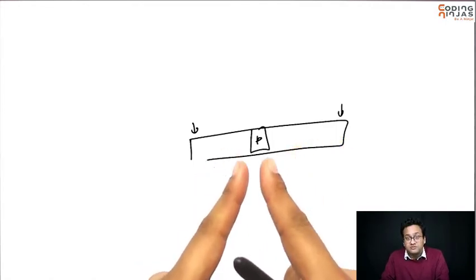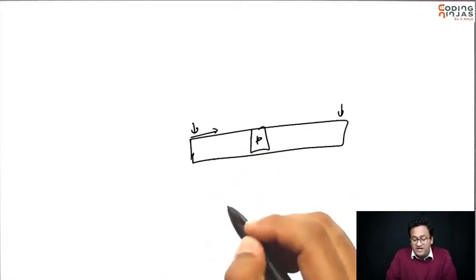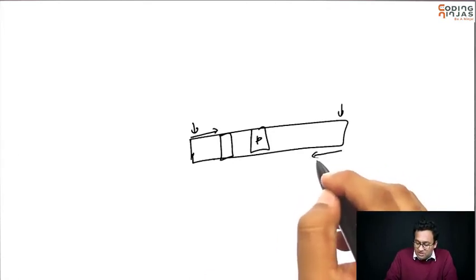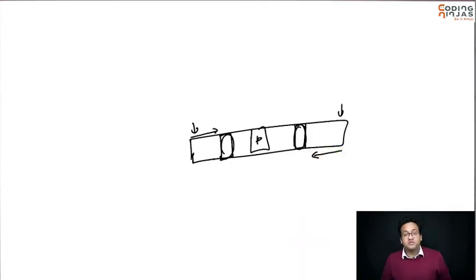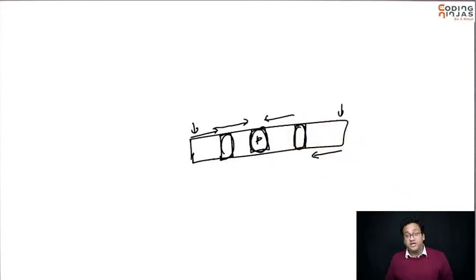And then I'll keep moving. So you start from here, you keep moving till you can find elements which are less than P. As soon as you find something which is greater than P, you stop, and you start looking from this side. As soon as you find something which is less than P, you stop, and as soon as you stop, swap both of them. So both of these have reached the right place. This way, you will keep moving, and in the end, you will reach the middle point. And once you reach there, both the sides will have the required elements.